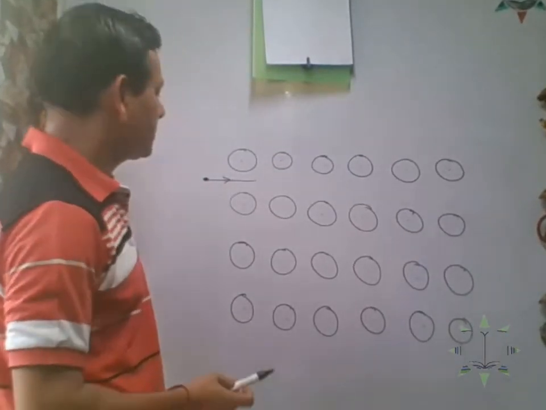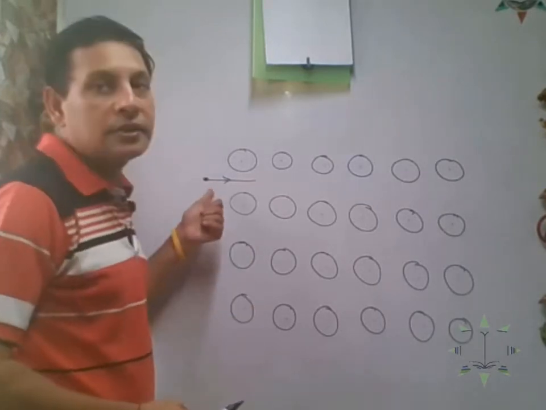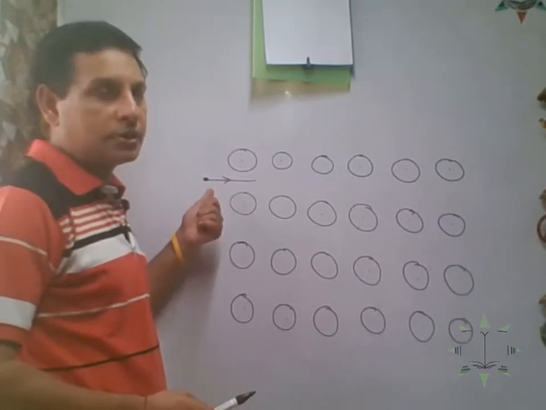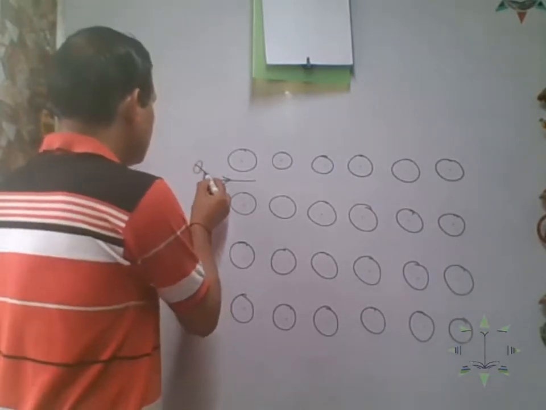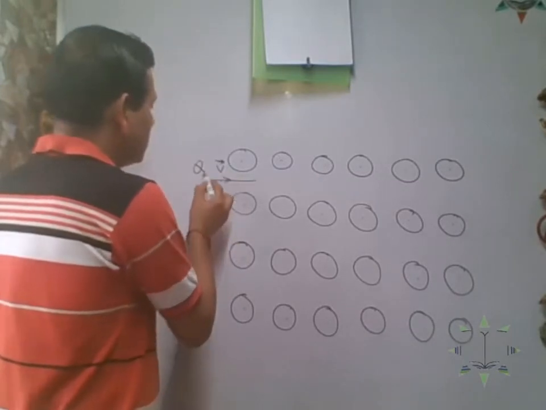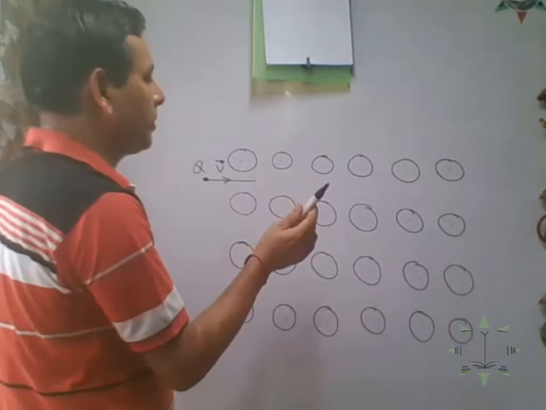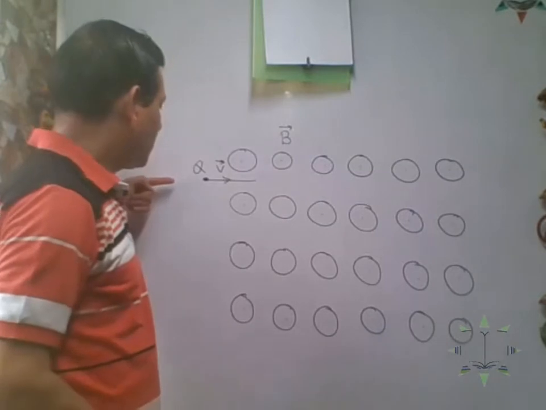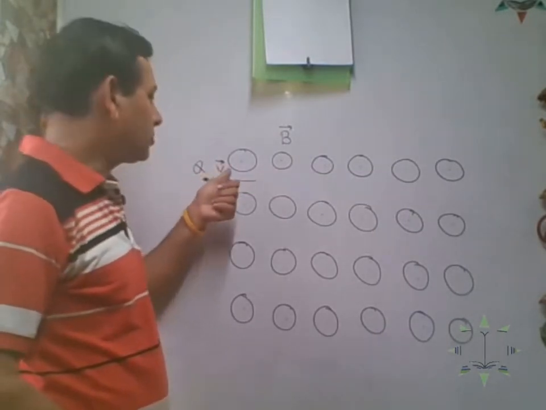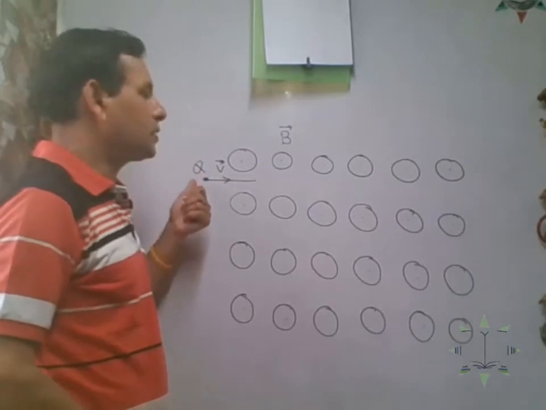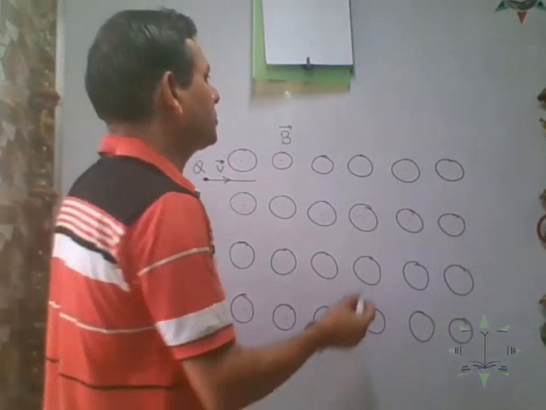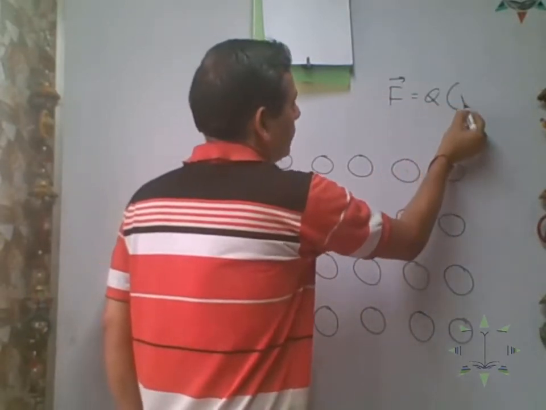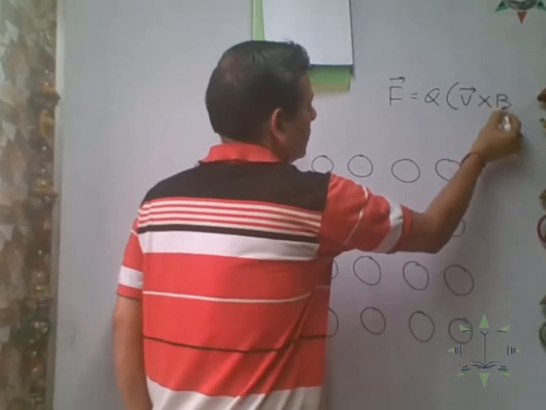Now this magnetic field will exert a force on the charged particle. If Q is the charge, V is the velocity of the charged particle and B is the induction vector of the external magnetic field, then the moment the charged particle enters the field, because of its velocity, it will experience a force. Now how much is the force? F equals Q into velocity cross the magnetic field,